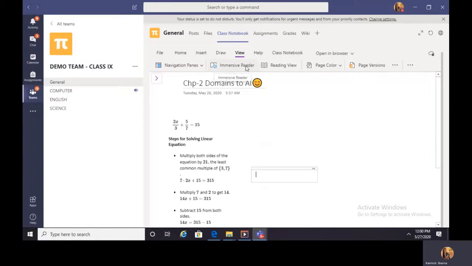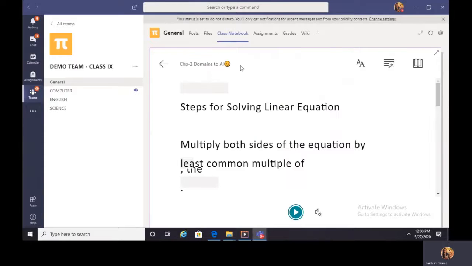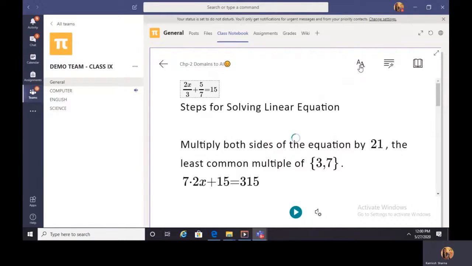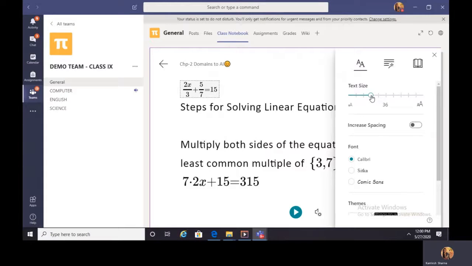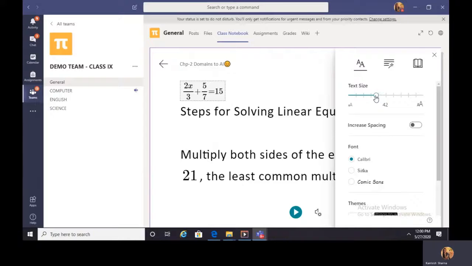Okay, so here we go. Now we have the option of immersive reader. It may be a very handy feature for certain students. So you can have the immersive reader on your page. Once you click on that, it is going to load for you. It has got some features inbuilt into it, like the text preferences, wherein you get the option of increasing or decreasing the text size.